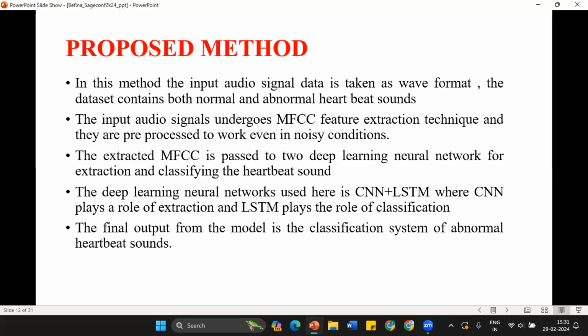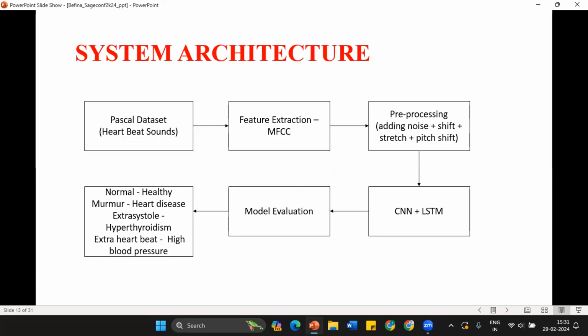Final model. And the final model for classification of abnormal heartbeat sounds is thus achieved. This is the system architecture of a paper in which the datasets of heartbeat sounds are given for feature extraction with the MFCC technique. And the pre-processing steps such as adding noise, performing shift, time stretch, and pitch shift are done. And then they are passed on to this CNN plus LSTM model, and the model is evaluated, and finally a